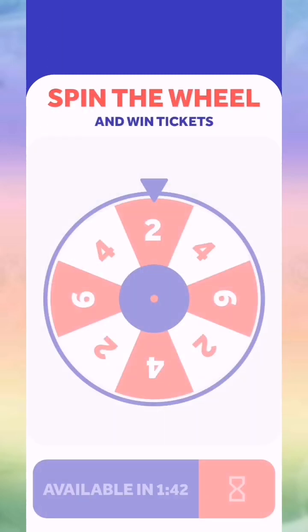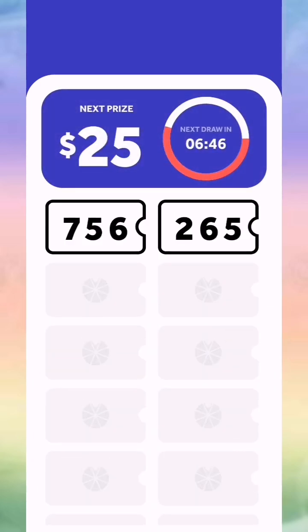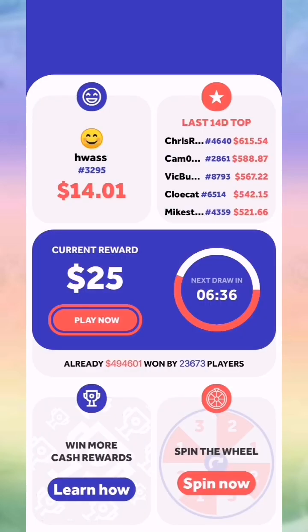Like you see, I told you every 2 minutes you get a free spin to get tickets. Watch ads and get tickets. You do in this way. You choose a random number. Every time you choose a random number, and when lottery is finished, and if you get the right number, you will get some